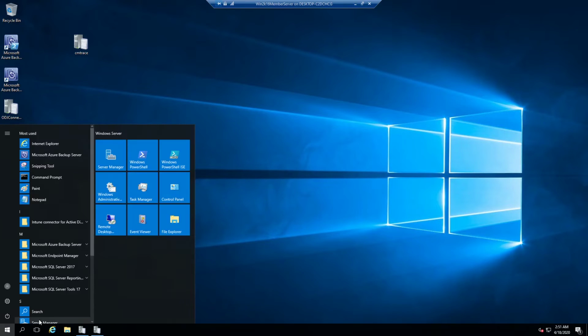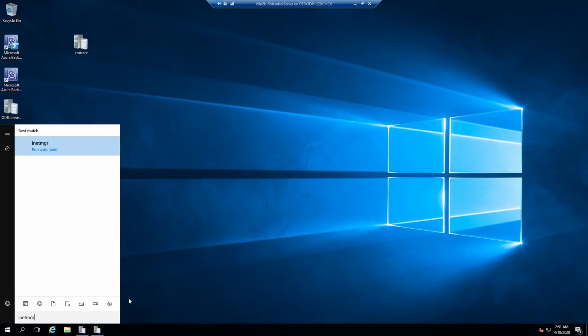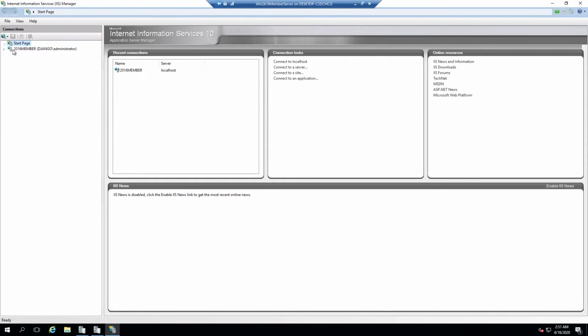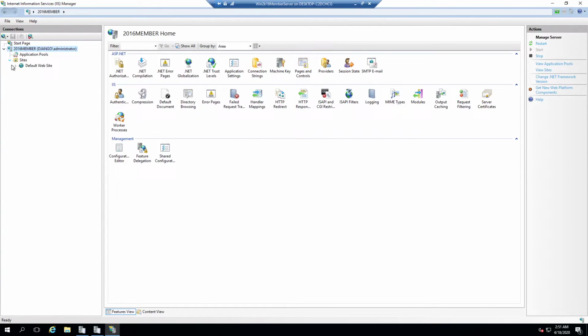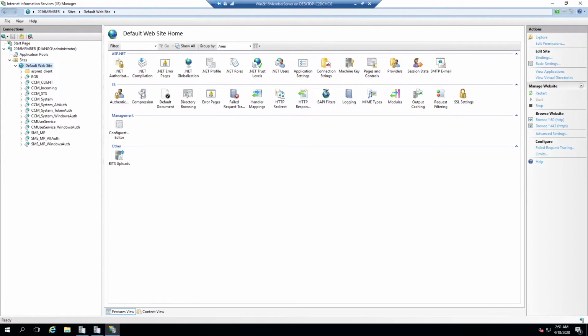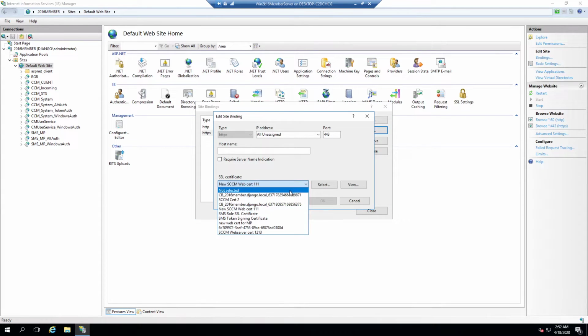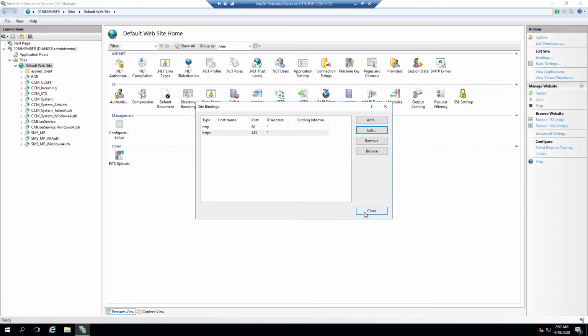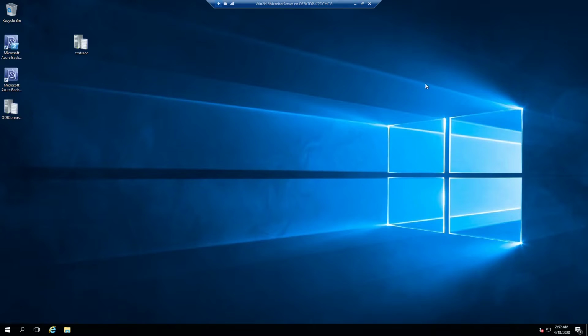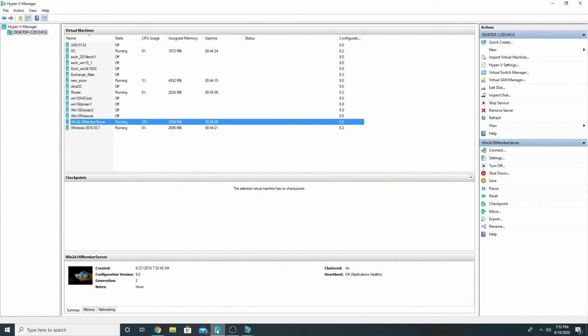Now we will open IIS on this server and bind it. We'll go to sites, default websites, default website. Here we will go to our bindings, select HTTPS 443, edit, and we'll select the certificate which we have just requested, which is this one. Click on OK, click on close. So that would be all from the MP side. Good, let's go back to our SCCM server,